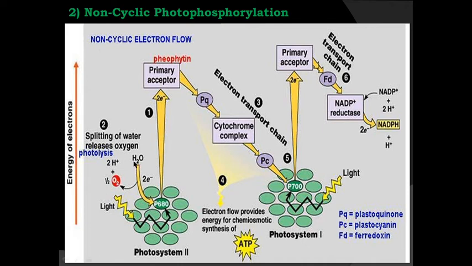This is the oxidation of water molecules into protons, electrons, and oxygen. Now these released electrons from water molecules enter into this system, and are excited. They move from the primary acceptor, pheophytin, and